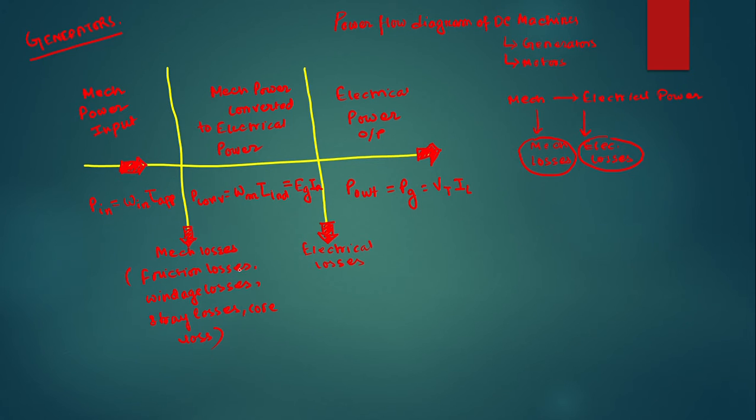Now the omega m is equal to the angular speed of the armature in rad per second, right? And the applied torque is in Newton meter,